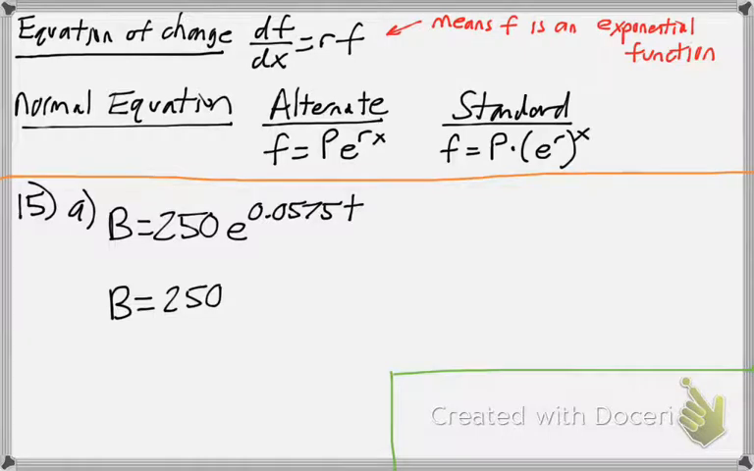250. I want to figure out what that e to the 0.0575 is. So if you type in your calculator e to the 0.0575, you'll get 1.0592 raised to the t. So those are my two different forms for this. Now, part B